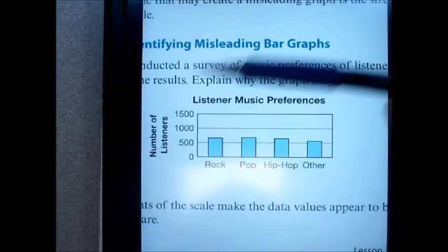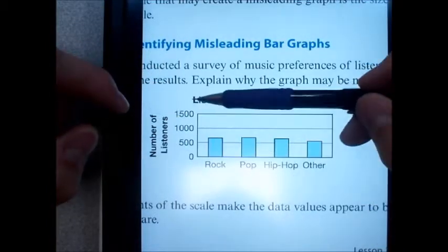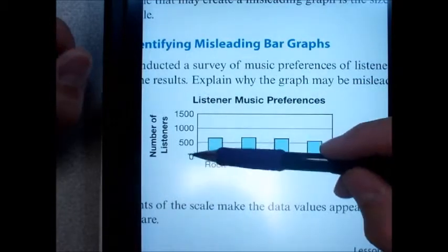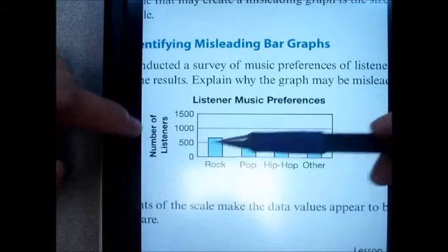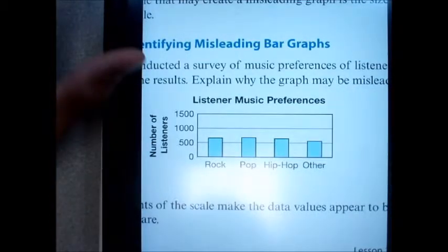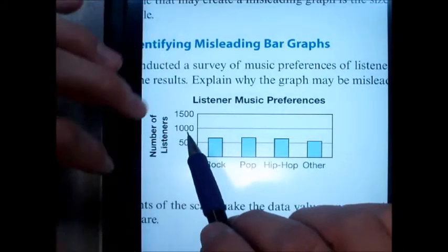Remembering what I expect to see on your graphs. Okay, I expect to see a title, and a title. There's 3 labels that go there. Okay, and then I expect your increment to make sense. Does this increment make sense? No, it doesn't. In order to better represent the differences in this data, because it jumps so much from 500